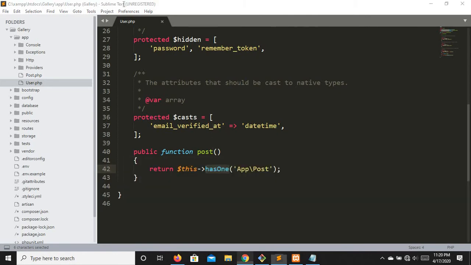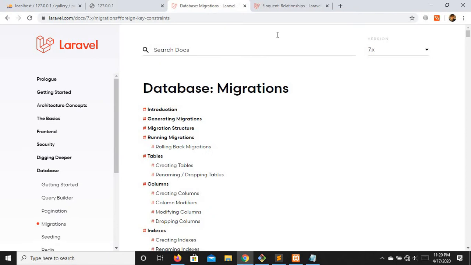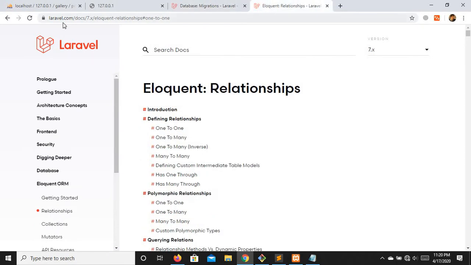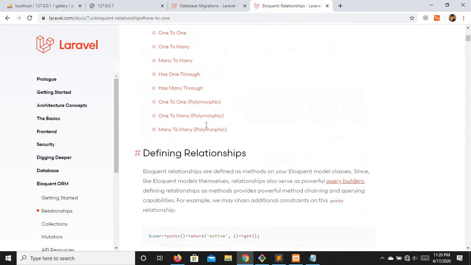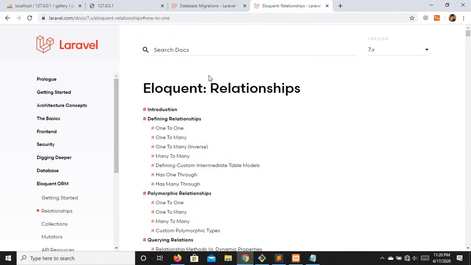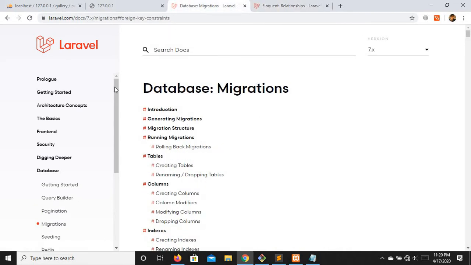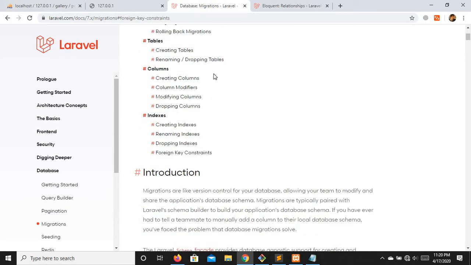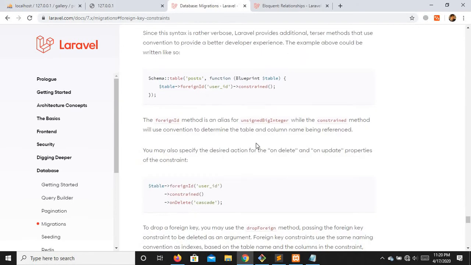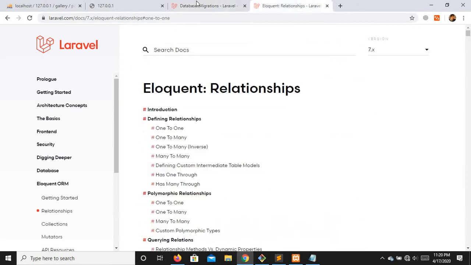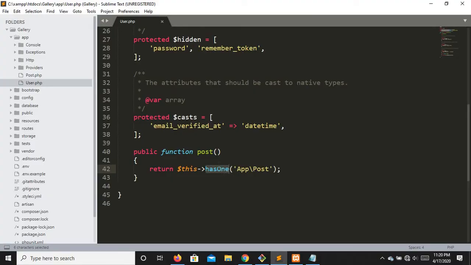You don't need to memorize them because we have all of these relationships inside the Laravel docs. I will just show you. When we open laravel.com docs, Eloquent relationships, and I click one-to-one, you have the whole implementation of the one-to-one relationship, and similarly for the others as well. Okay, now if you want to know how to make a foreign key, all you have to do is click foreign key, and there you go, you have multiple implementations of foreign key. So that's it, you don't need to remember anything.